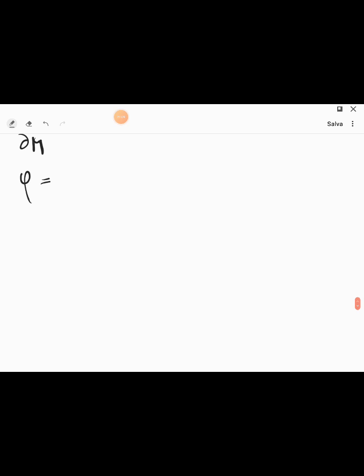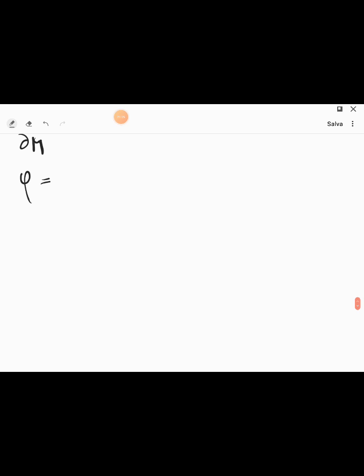Anyway, gravity makes it move in the space time. So it isn't really free, but anyway, phi is the path of this particle,